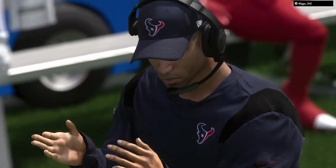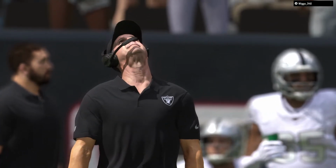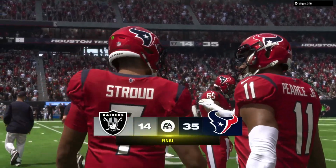So Houston going to come away here with the victory. And it was their defense that really made the statement after the break. They pitched the second half shutout. Yeah, think about the team that just got vanquished. They did score in the second quarter. Do you think